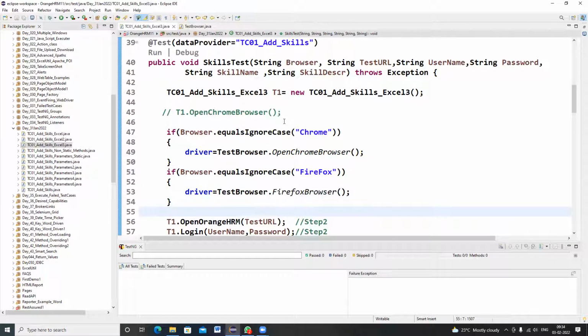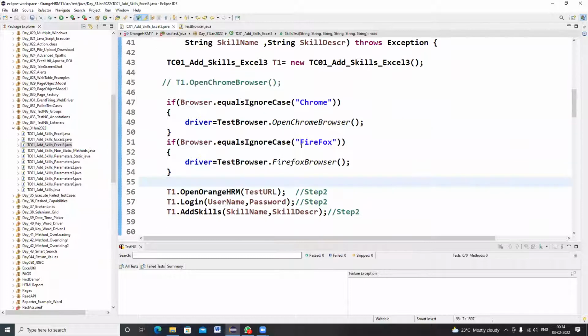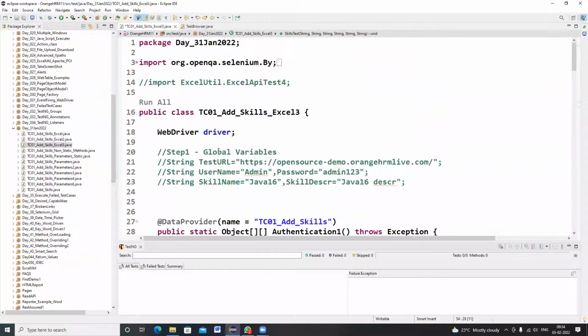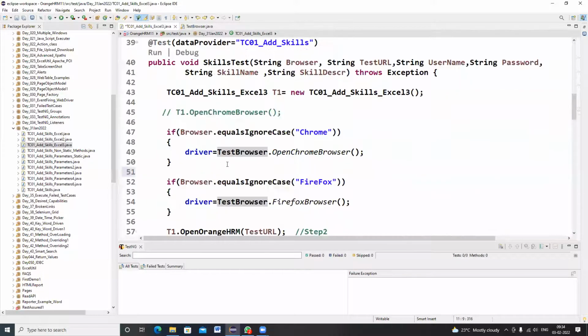Let me execute the program. After that, we can discuss your doubts. Sir, for this we have to import that common utility, no? If it is not showing an error here, that means it got imported automatically. See, the common util test browser, where it got imported?